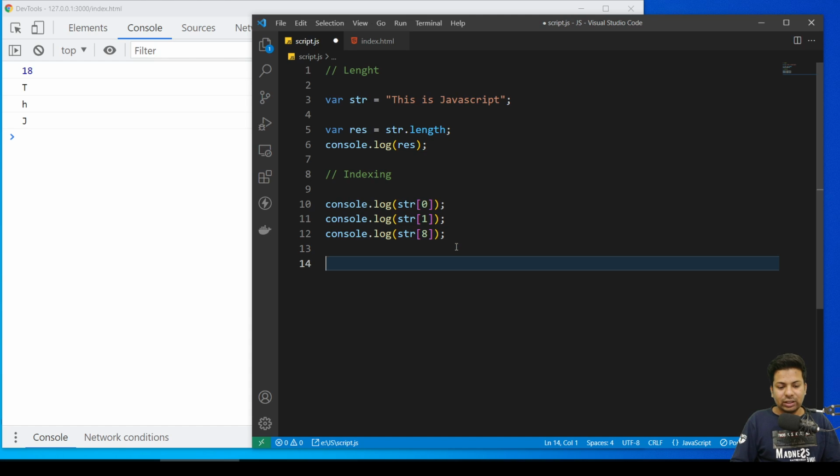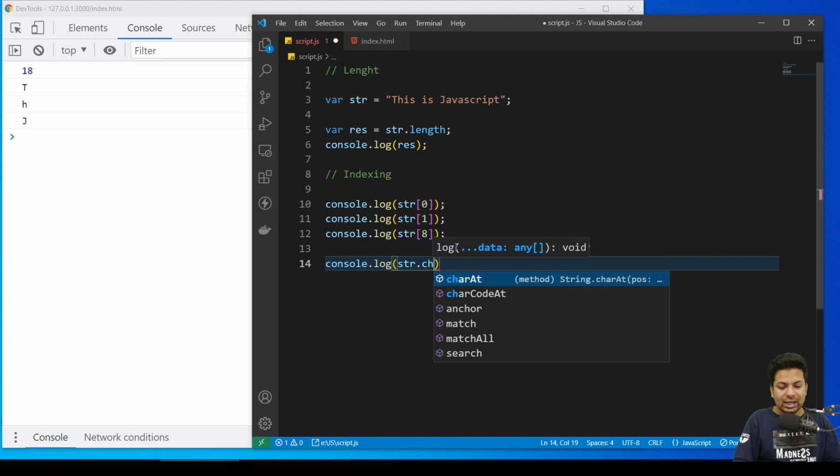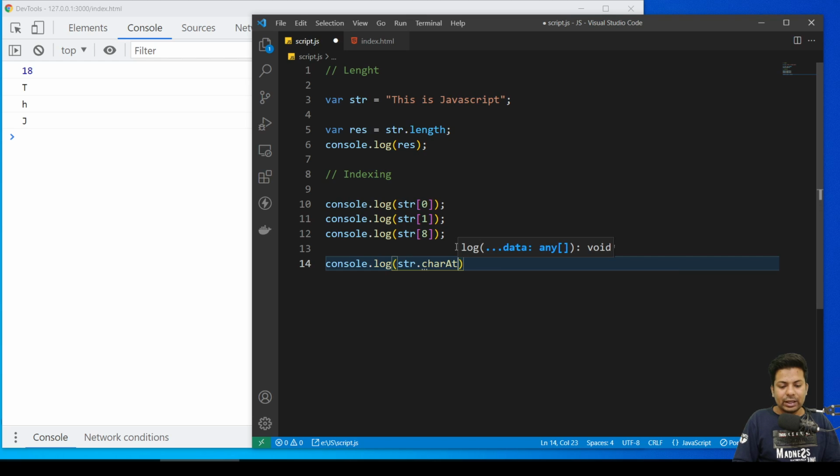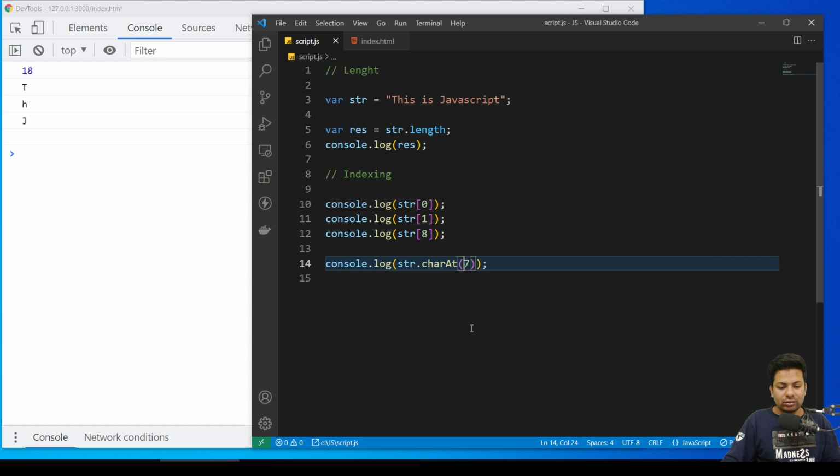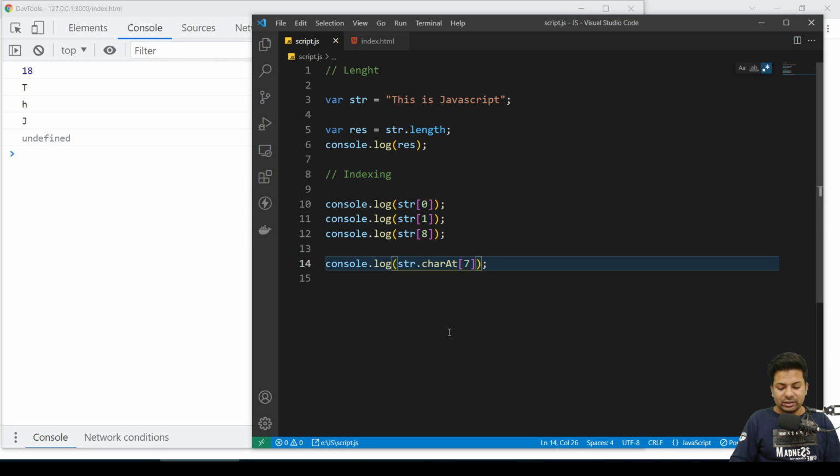Now the other way of indexing is that you can do console.log str.charAt, and here you give the number. So I say 7, suppose. So at 7 it's showing blank. Why is it showing blank? Okay, it's square brackets only, like this.